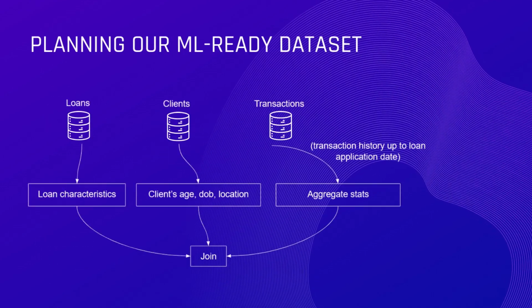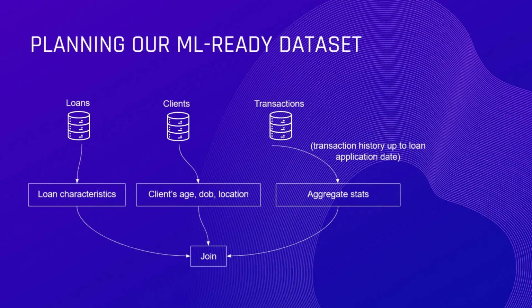The easy part is to use the characteristics from the loans dataset directly. The year and the month the loan was granted, the loan amount, the duration, the number of payments set by the bank initially, etc. We can also match the loan ID with the client and obtain information about the clients from the client's dataset. Their gender, their age at the time of loan application from the date of birth column,